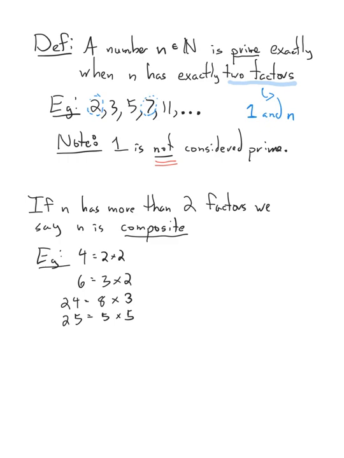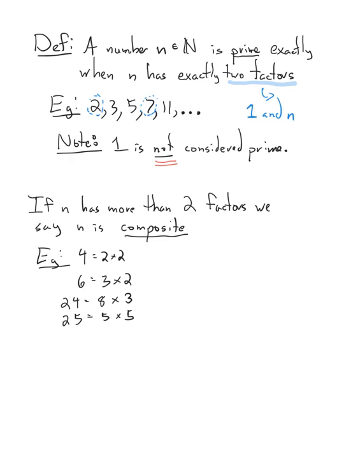And if a number isn't prime, and it's not 1, we call it a composite number. That's a number that can be broken down into smaller factors. Like 4, you can write as 2 times 2. 6 is 3 times 2. 24 is 8 times 3, or maybe it's 6 times 4, or 12 times 2, whatever. 25 is 5 times 5. So they're composite numbers. They can be broken down into more factors besides 1 and itself,